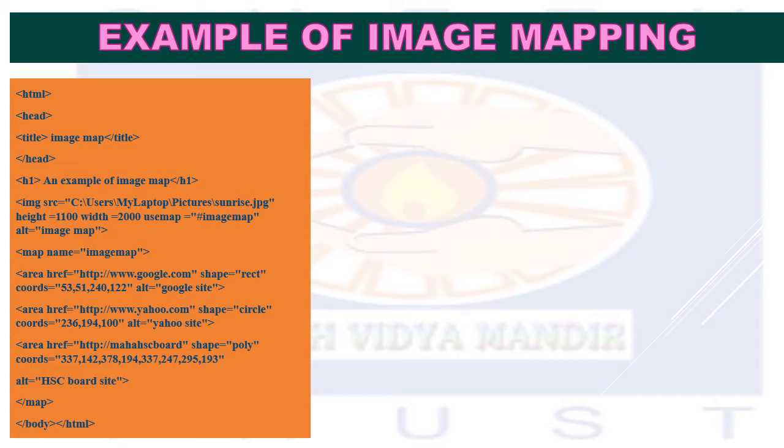The next tag we are using is the map name. You can see the map name is very important. Here I am giving the same map name which I have used in usemap. You have to be very careful here. Whatever name you give in usemap, the same name you have to give in the map name tag also. That is what you can see, I have done it here. The map name is image map. Okay. Next, come to the next tag of image mapping, that is the area tag.